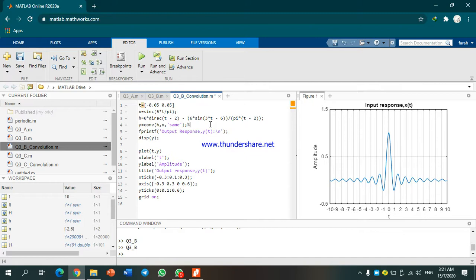Convolution is y(t), where we multiply the impulse response with the input response. So the impulse response we got from question A and the input response is sine. And when we got the impulse response,